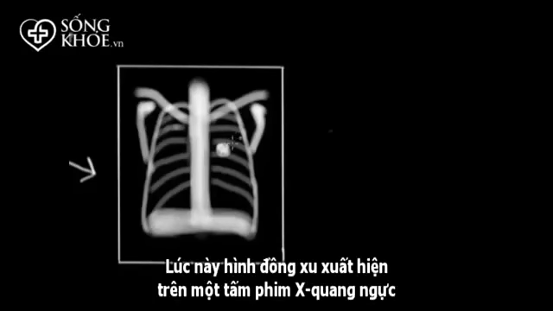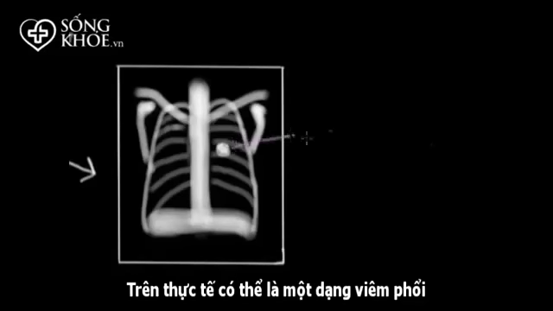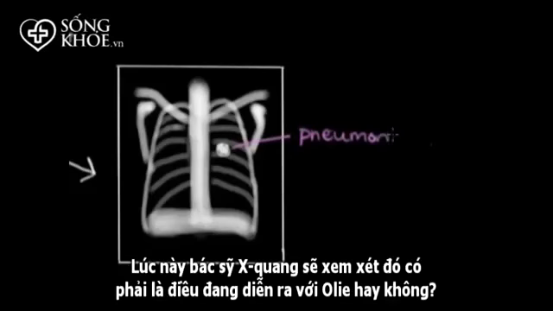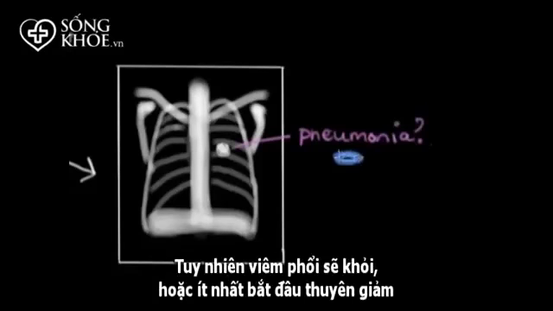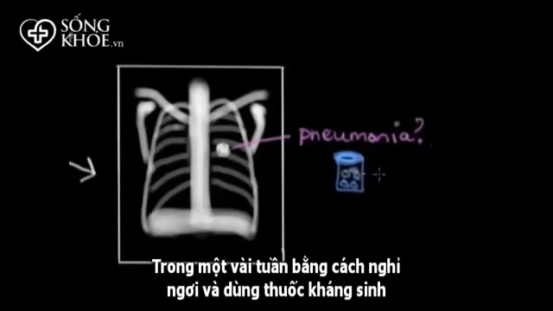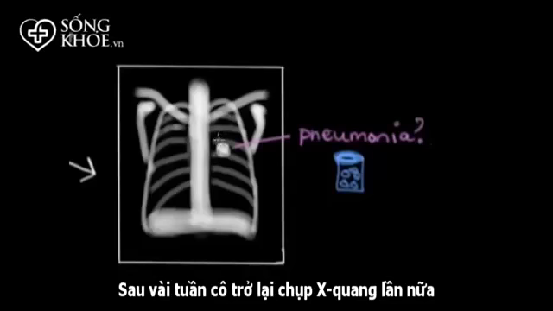Now, a coin appearance on a chest x-ray could actually be a type of pneumonia. So, pneumonia. And the radiologist might wonder if that's exactly what's going on with Ollie, considering smokers are prone to lung infections, right? But pneumonia will clear, or at least it'll begin to clear, in a few weeks with rest and antibiotics. So here, Ollie has antibiotics, and she takes them,